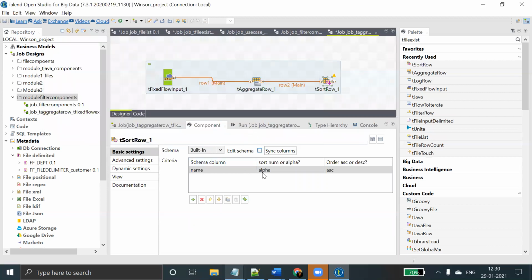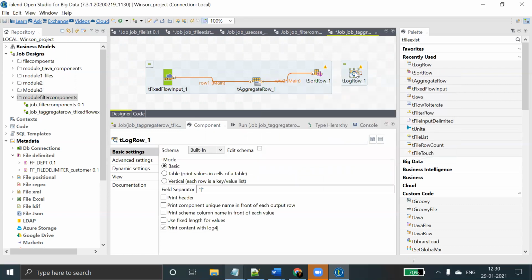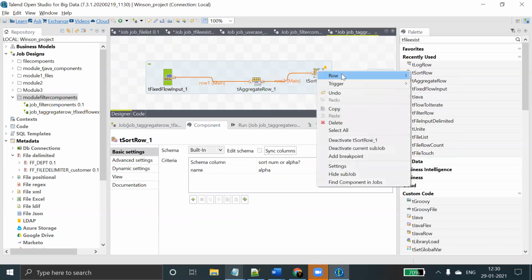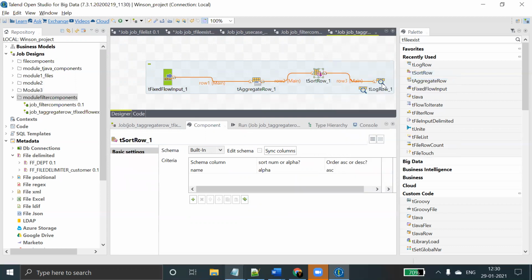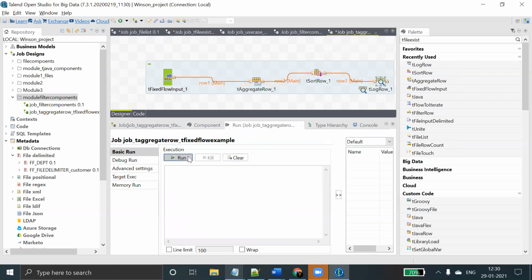Here, just based on the name, I'm selecting the sorting order. Then after that we'll go for the tLogRow component. Here just right-click, row main, and print values in a sync, all. Then clear, and just run it.